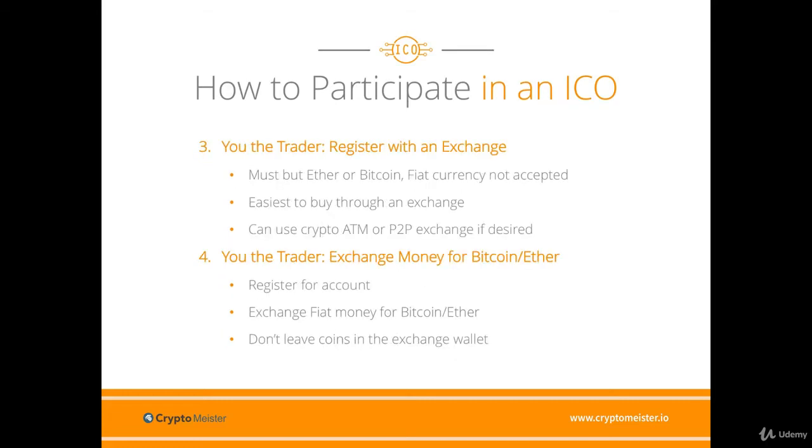Your first task to participate in an ICO is to buy cryptocurrencies that you will use to purchase the ICO tokens. Again, this is usually Ether or Bitcoin. ICOs don't accept fiat currency. The recommended way to purchase enough Bitcoins or Ether is through an online exchange. You will want to do this well before the start date of an ICO sale, as the registration process can take a few days. Once this is done, simply transfer money from your bank account to your cryptocurrency exchange account.